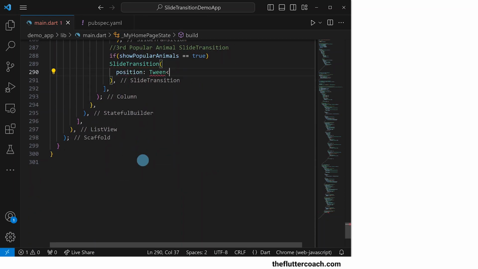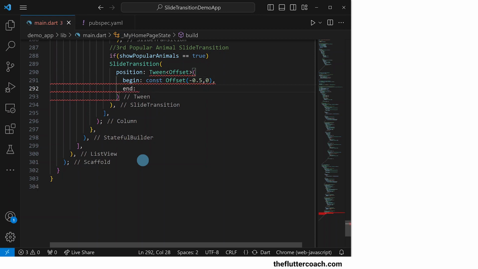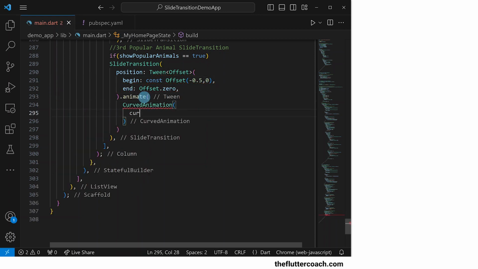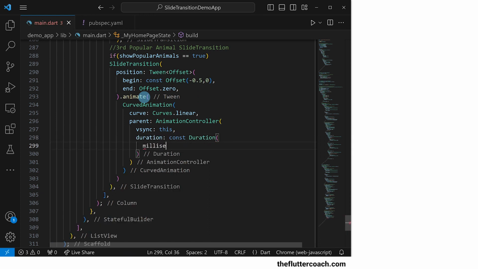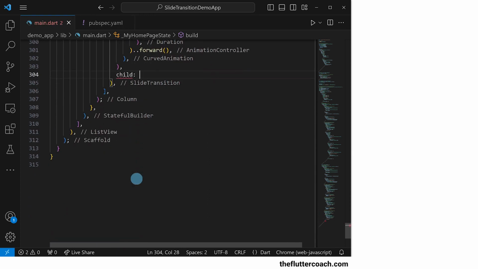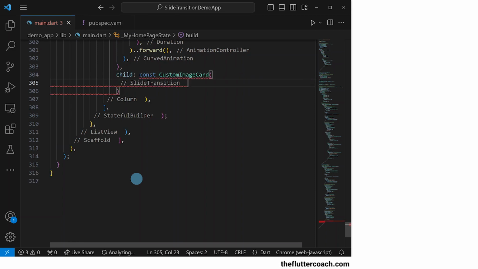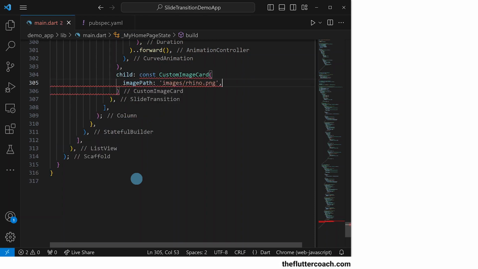The position will begin off to the left and end at the 0 position. We will animate this position using a linear curve, set the duration to 1500 milliseconds and call forward so that this animation runs only once. The child of this slide transition will be our custom image card, which shows us our rhino image with the